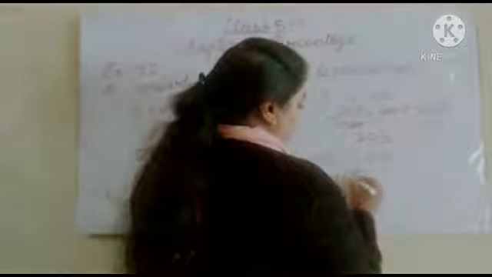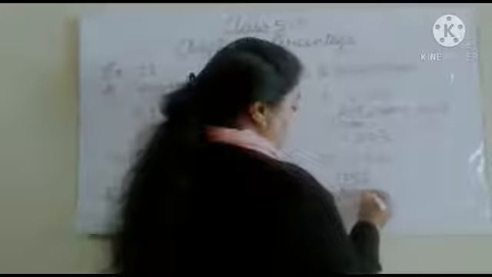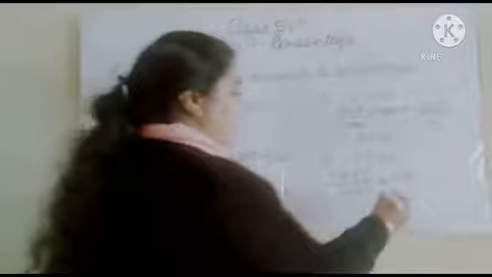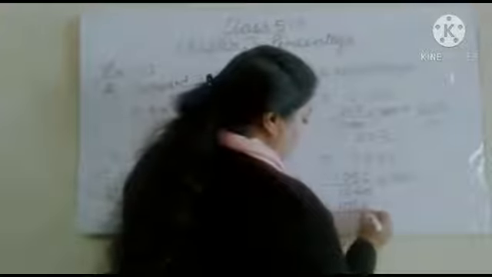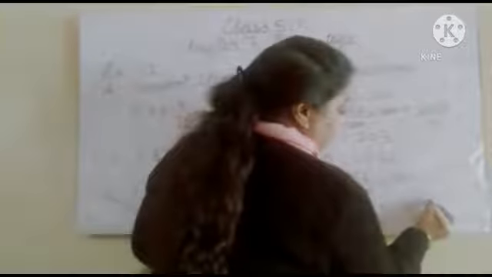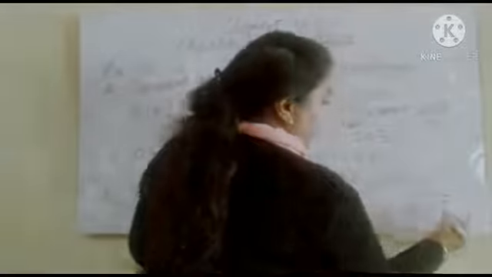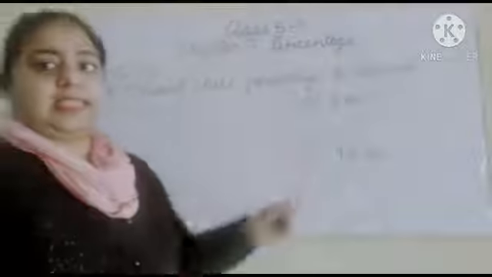Now part 10 is 1.056. So first we write the number, and because there are 3 numbers, so we divide by 1000, multiply by 100 for finding the percentage. Now it is 1056 divided by 10. So first we write the number 1056, and because there is 1 zero, so we place our point after one number, so the answer is 105.6%. Now question number B, convert this percentage into decimal.